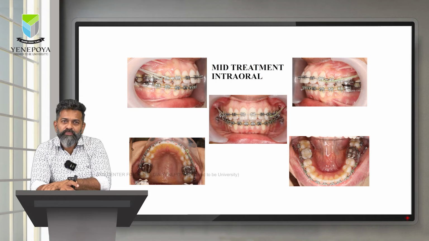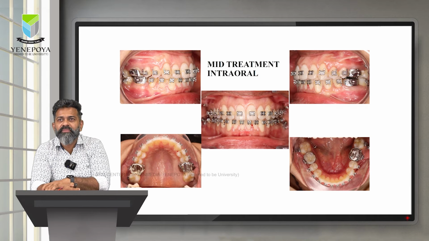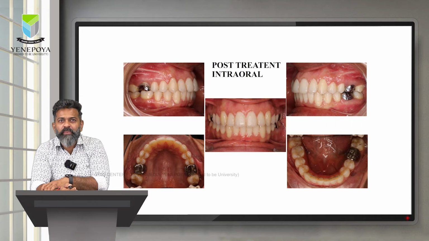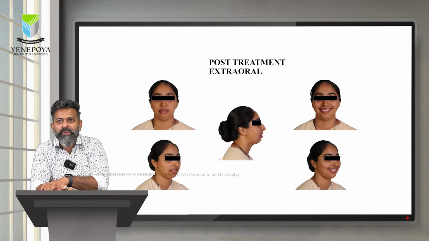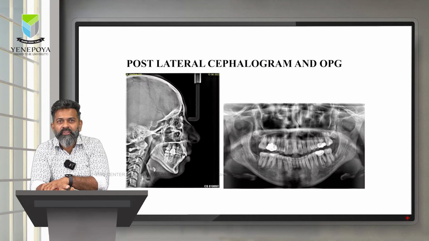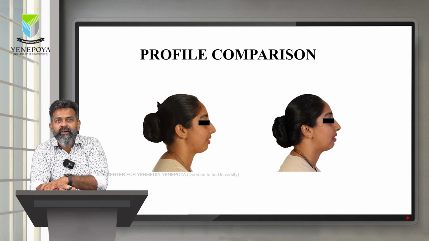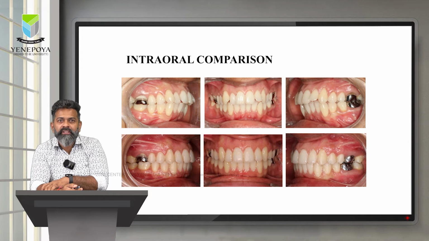By doing this, we have closed her open bite tendency. We have treated her in this fashion. She was very happy. This was her smile. You can see the comparison of profile pre and post. These are the treatments we have done